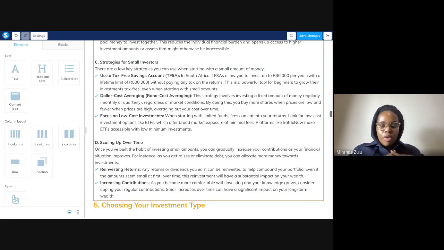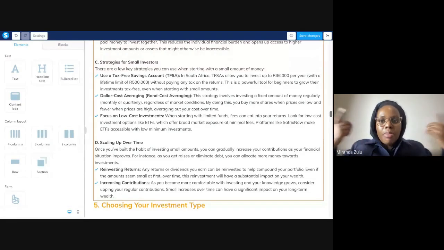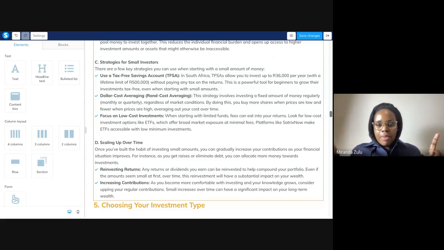Yeah. So a lot of the time the tax-free savings account conversation is like, don't withdraw from it, because if you withdraw from your tax-free savings account, you can't replace the withdrawal. So once you've contributed 36,000, you can't say, okay, I'm going to take out 4,000 and then pay it back, because then you'd go over. So you need to think about it as a long-term plan. And a lot of people are substituting their retirement account. They have their retirement from work, like a pension fund or retirement annuity, but then they have a tax-free savings account as an additional retirement plan for the long term.